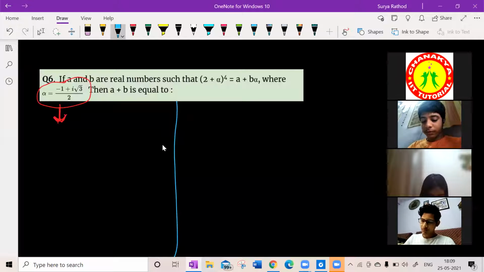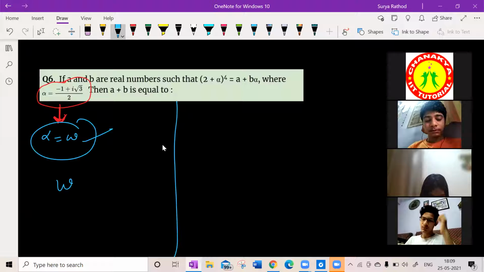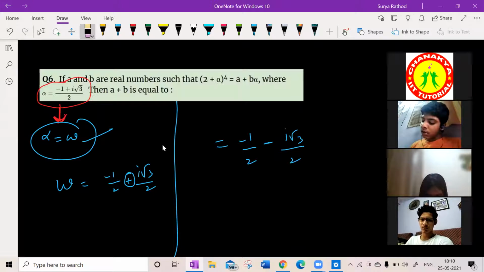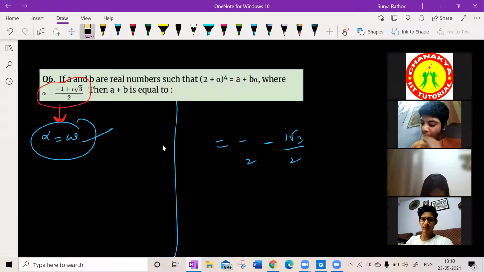See how we will do this. Look, α can be written as ω. ω, yaar, what is the value of ω? ω is equal to -1/2 + i√3/2. This is what I told you. What does ω² mean? ω² is as it is, like ω, simply put a minus in place of plus, and the rest of the part stays as it is. So that is the standard form which we have learned. If you remember these silly things, it will be very helpful for your solving. Get my point?